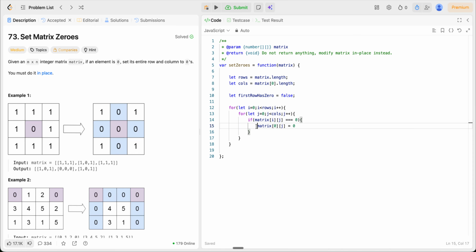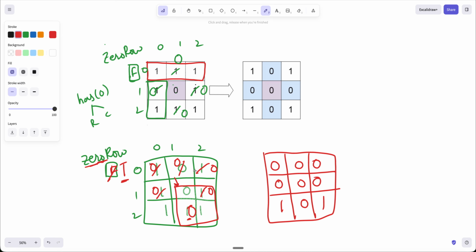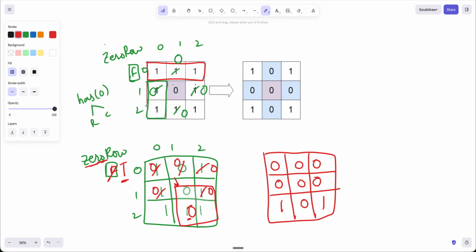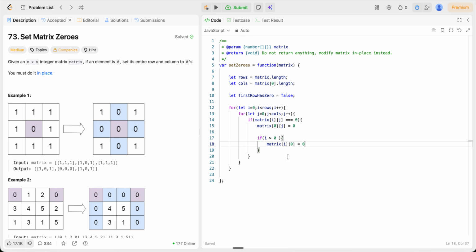So basically this is updating the columns. That is nothing but these particular cells, these are columns. So whenever I see a 0, I'll update accordingly for the columns. But for the rows, if i is greater than 0, it's the same, matrix of i comma 0 will be 0. That is nothing but these two cells, right? But if it is equal to 0, then in this case we are going to update this particular value,